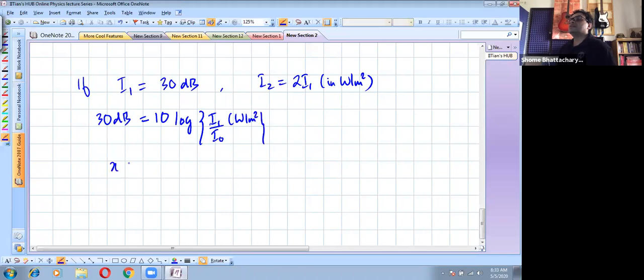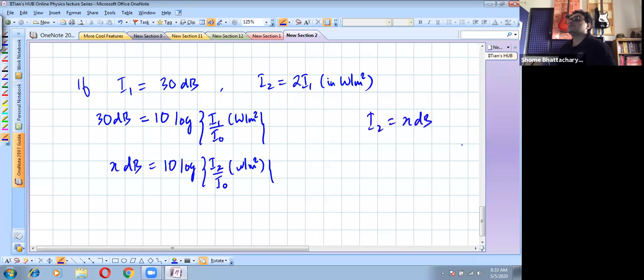And let's say X decibels is 10 log I2 divided by I0 in watt per meter square. Let us say I2 is X decibels. X we want to find out. Now just